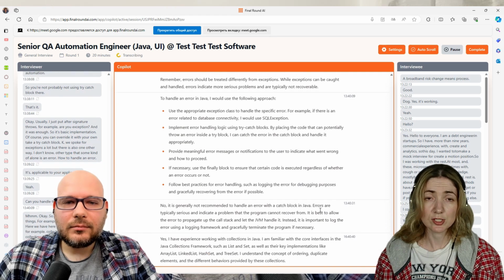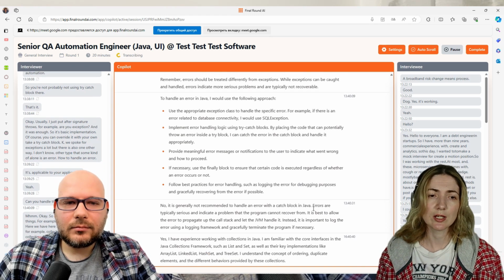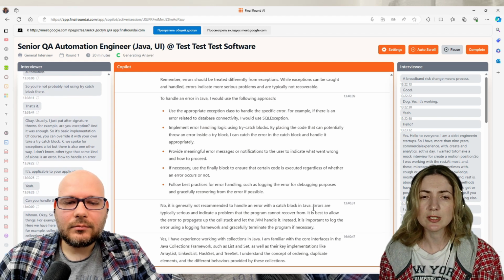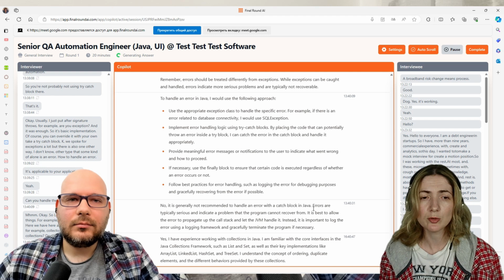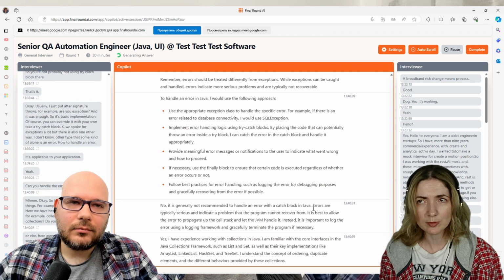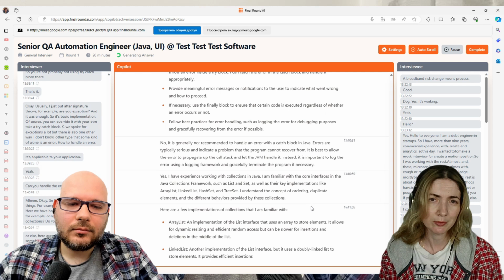Yes, I have such experience. So Java has a collection hierarchy. It means that Java has some collections like set, queue, list, and others. For example, map is not a collection in terms of Java.